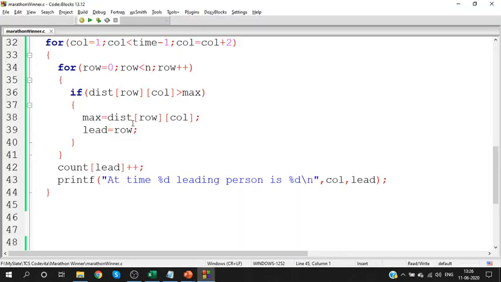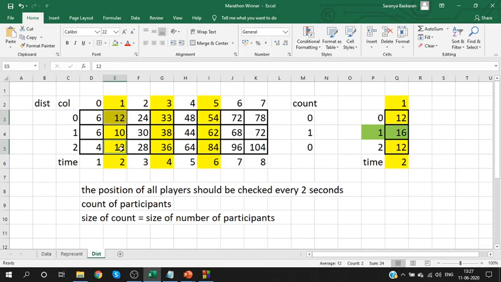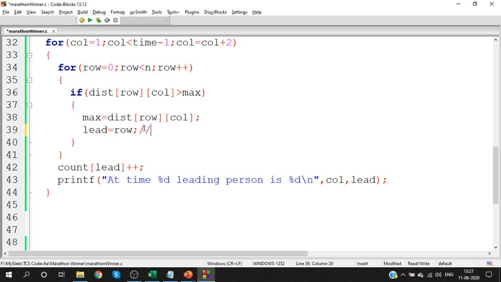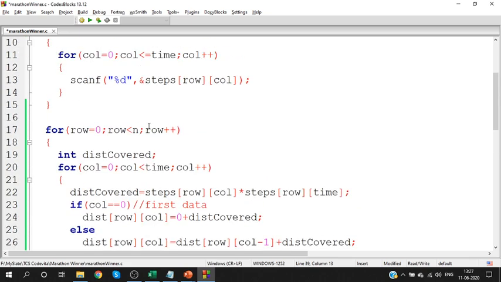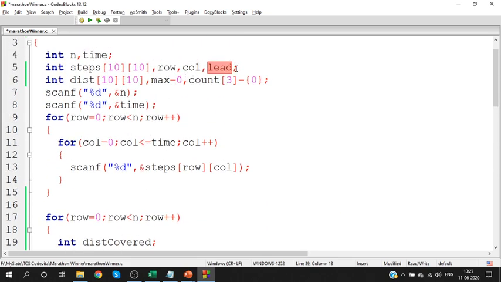The process which we have done will store only one lead value. But there is a chance that two persons are leading. In that case, what should you do? Store both of their IDs. Yes, you should know both the participants. If two are leading, for both of them, you should increase the count. Which means this lead should store multiple values. Can you understand this? The lead should store multiple values. If it should store multiple values, then lead should be declared as an array. Okay, guys, this point might be a little twisted for some of us, but just listen, you'll get it. Okay, lead should be an array.